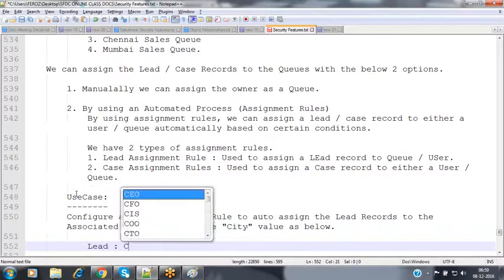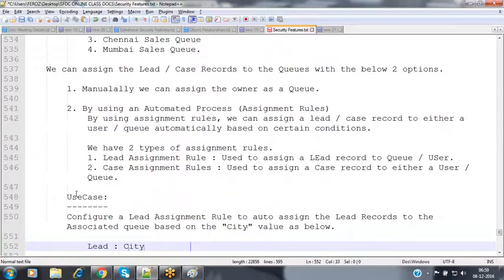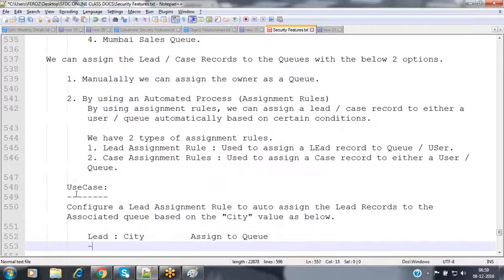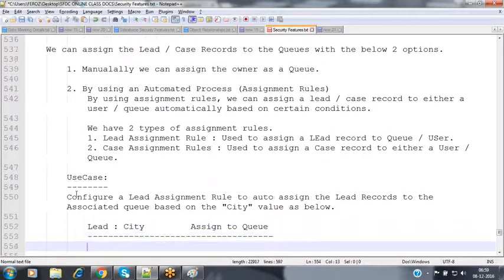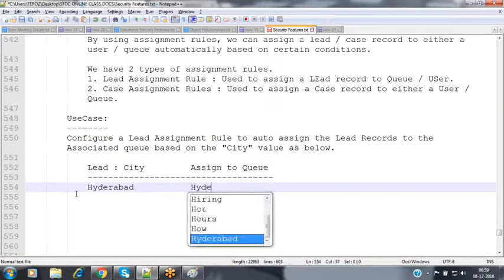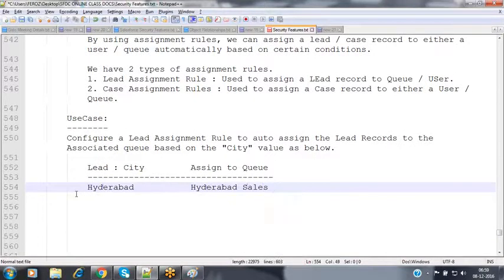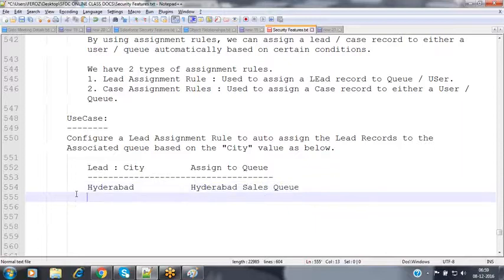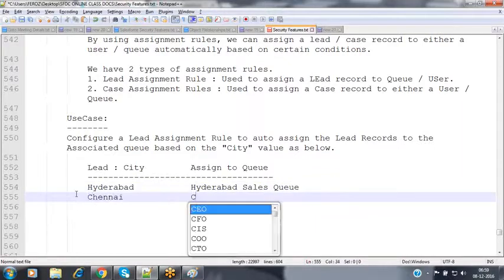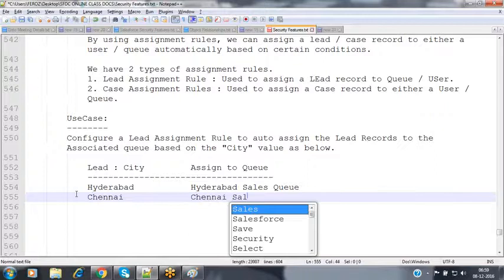If the lead record's city value is equal to so and so, I want to assign it to a queue. Which queue do you want to assign to here? If the lead record's city value is Hyderabad, I want it assigned to the Hyderabad sales queue. If the city value is Chennai, it has to be assigned to the Chennai sales queue.